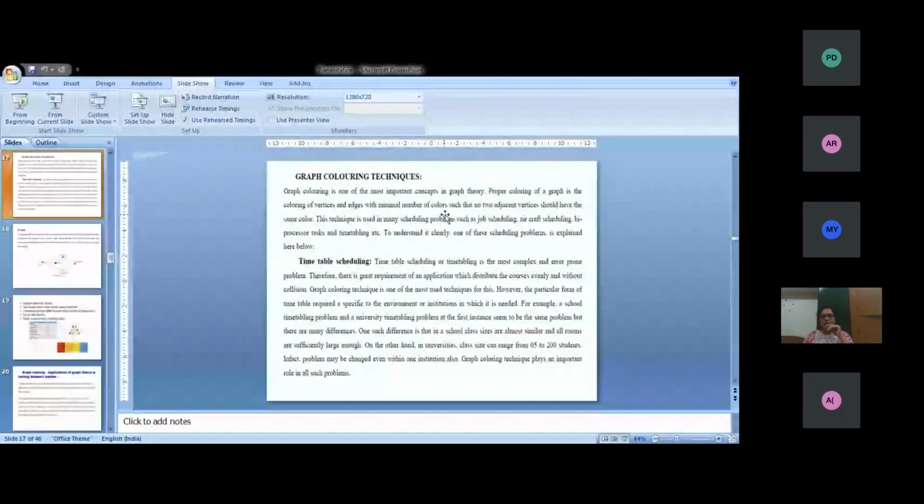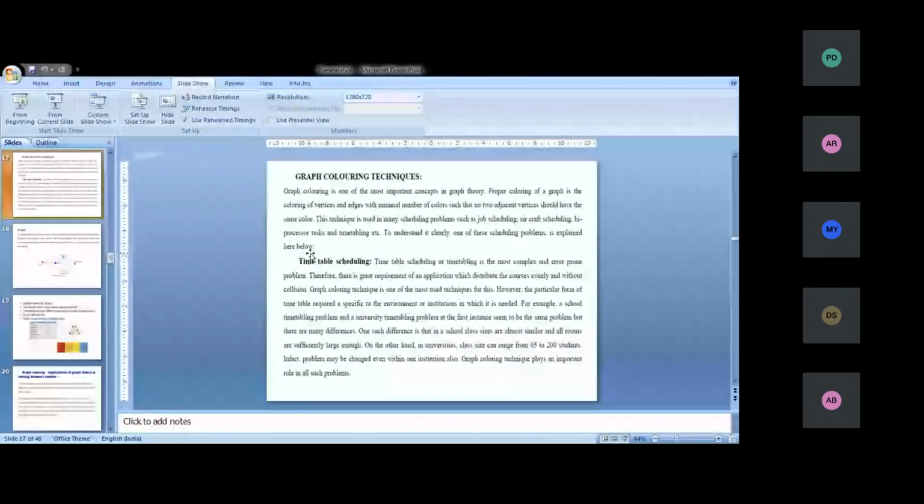We are using the four color problem, or the vertex coloring algorithm, and graph coloring techniques, so that two adjacent edges will not get the same color. The adjacent edges should not have the same color. That is the technique. This technique is used in solving many scheduling problems such as job scheduling, aircraft scheduling,